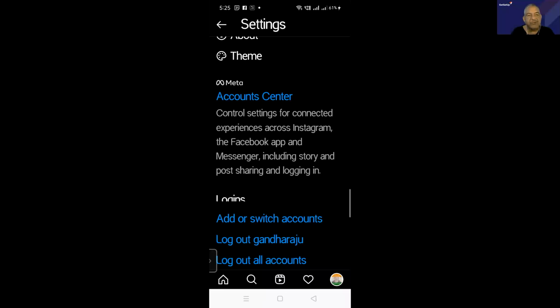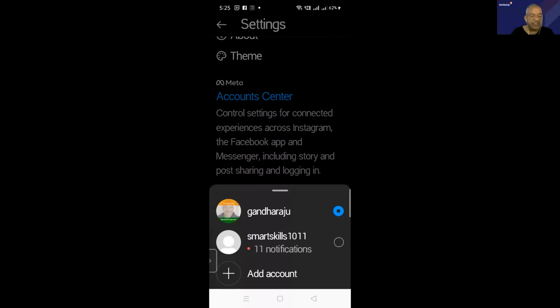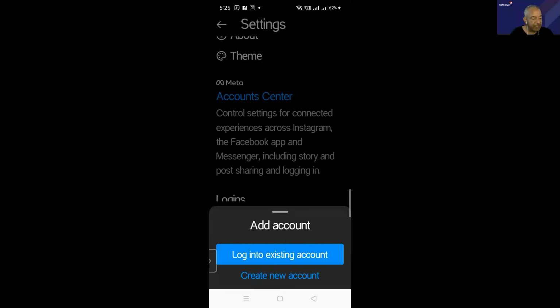So what I would do is click on add or switch accounts. When I tap on it, it gives me the options. Like I said, on an Instagram profile, we can have 5 accounts. We have the option of adding an account here. I tap on add account. And since I have already created another business account, it gives me